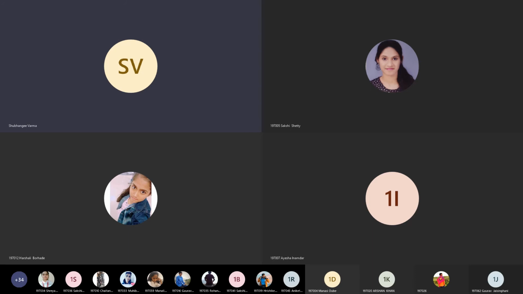So like Harshali has done with experiment number 1, you can go ahead, or you can just make a folder of experiment 1 and keep all images in that folder. As per your convenience, you can make one folder of images, or you can make one PDF for one experiment.